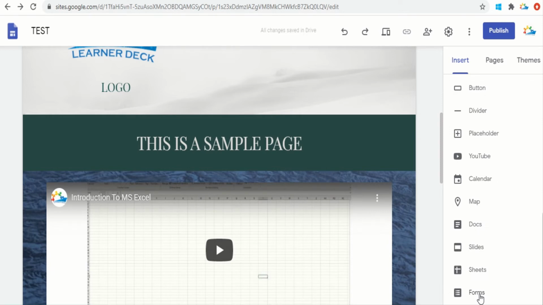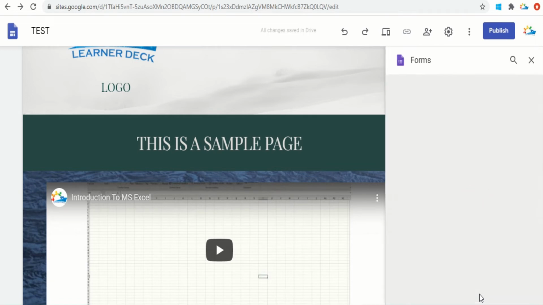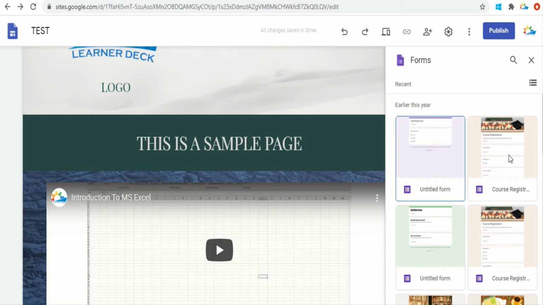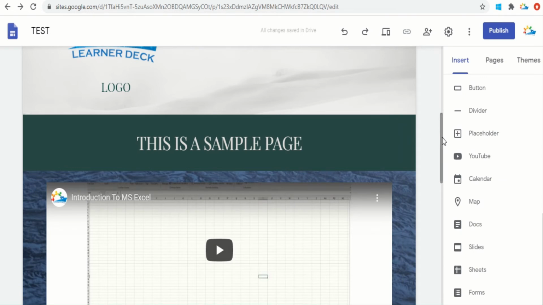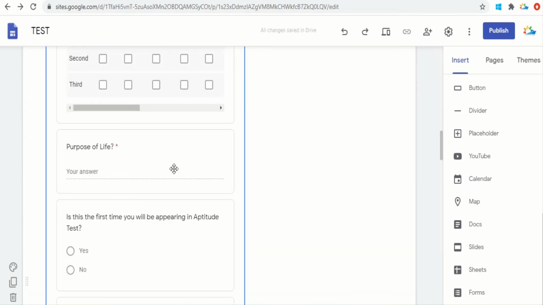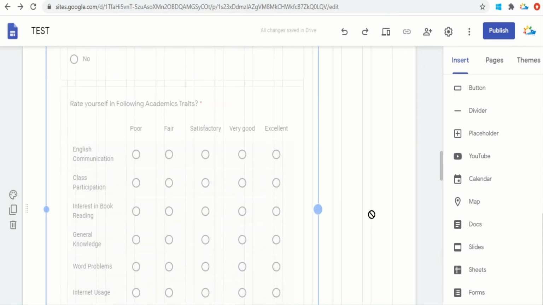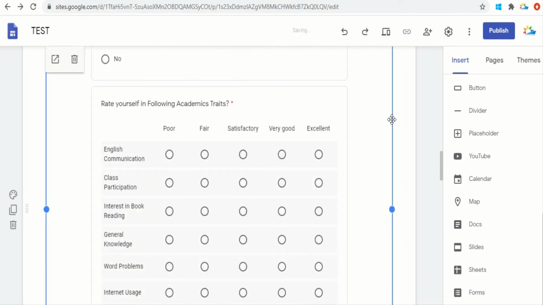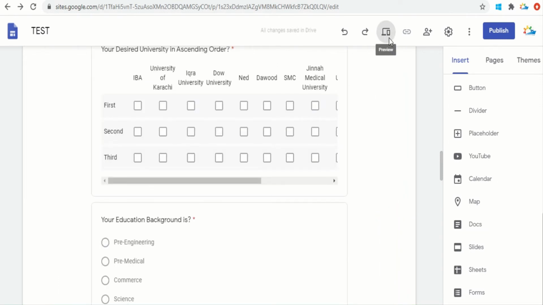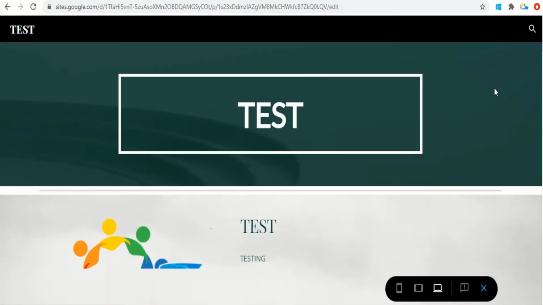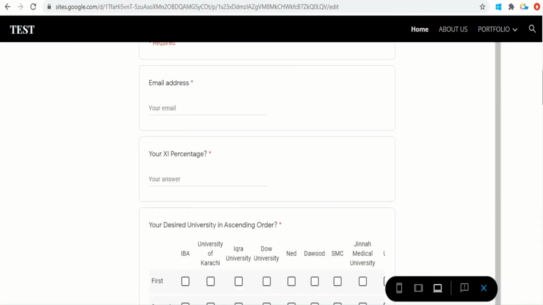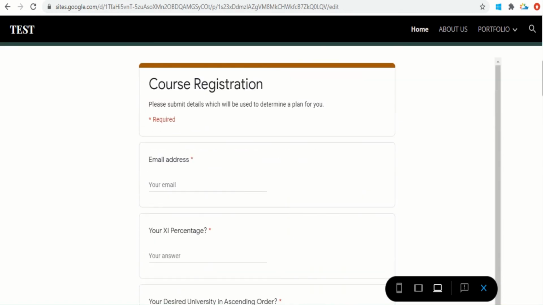For example, if you would like to insert a subscription form, we'll click here on the subscription, and from the available forms that you have already created, for example, I've created a course registration form, I'll insert it on my page. So now the course registration form is available on my page, and the good part is the complete form will be visible. It's a big form, you can customize it according to your requirement and the website page. And now let's see the preview of the website. See, this is the course registration form, and now it's available on your website.